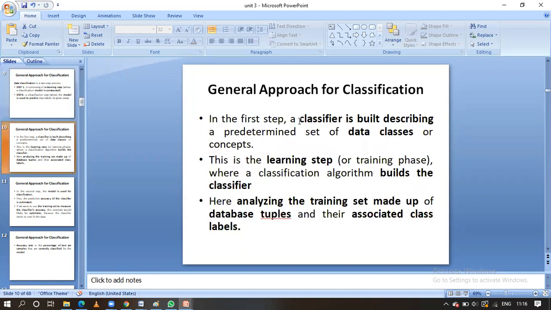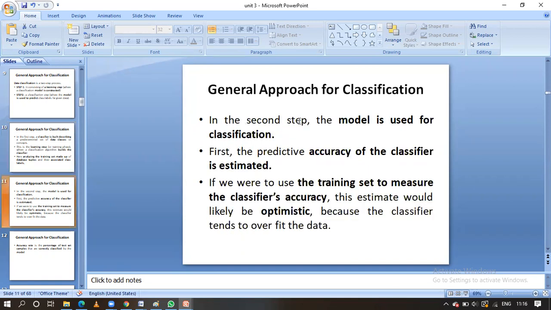In the first step we build the model with the training data. After construction of that, we have to classify with the test data and find out the accuracy of the classifier. Classifier is nothing but a model, guys, that is built by using the training data. Here the accuracy is calculated. If you are getting good accuracy, we are going to use that model for the optimistic purpose. Classification mainly has two steps: learning step and classification step. Learning step means building the model, classification means prediction of the new unknown class labels with the help of that model.